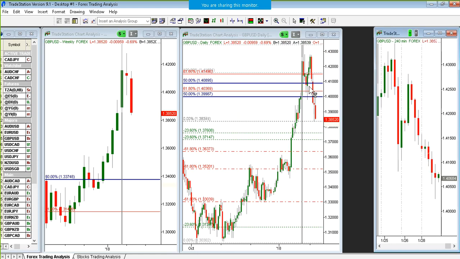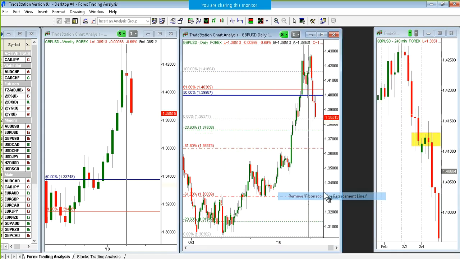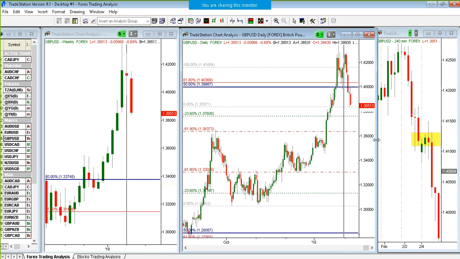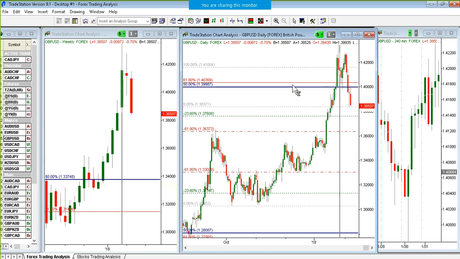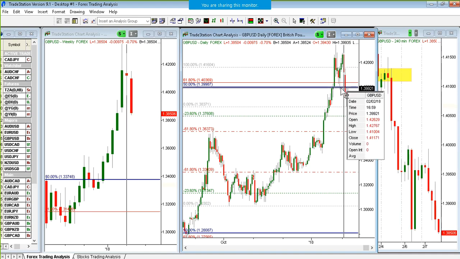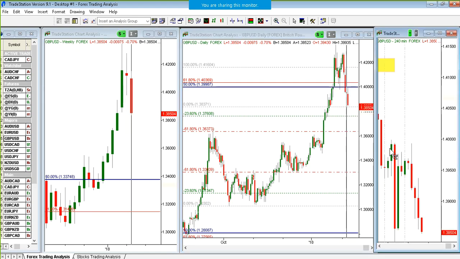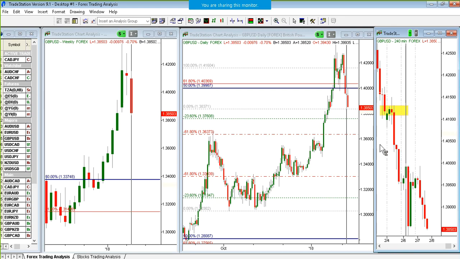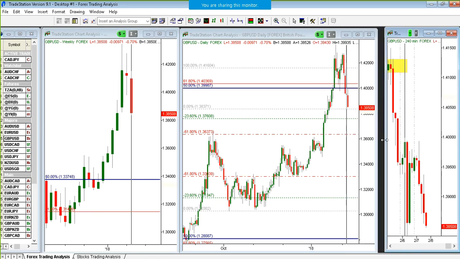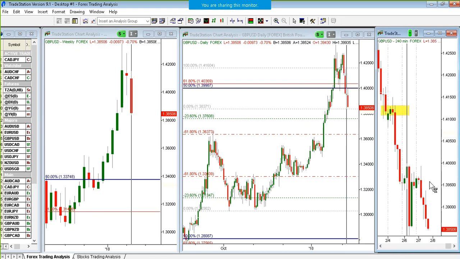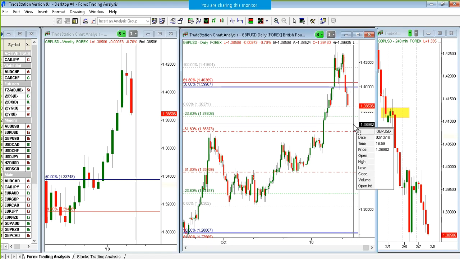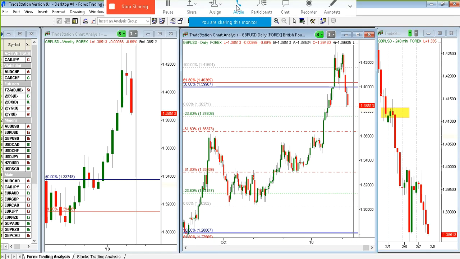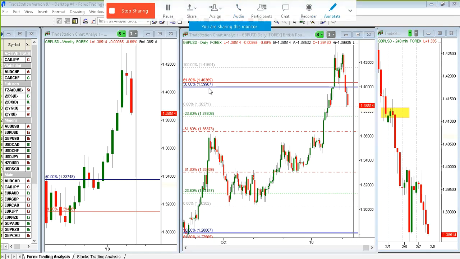The daily here it's very extended, and we mentioned that 139.98 that came right into play. So as you can see here, on the daily, we don't need to go down to the 4-hour time frame here. This market is trading very technically on the